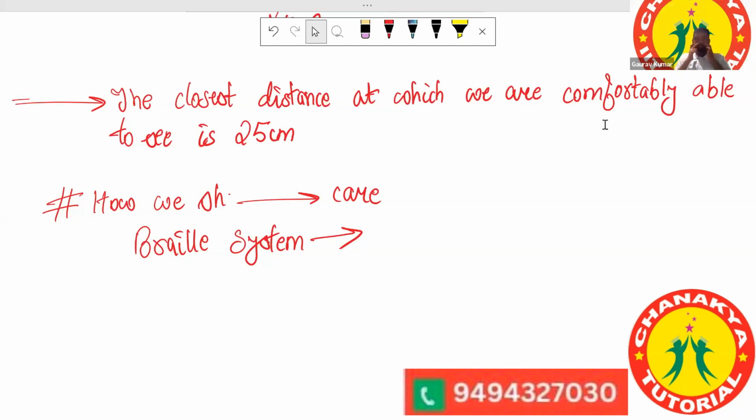Okay, so what are the harms done by an industry? If you establish an industry or a factory, what are the harms that these factories do to our environment? Tell me. Sir, too much pollution. Okay, it emits too much pollution. So you should write this down. You should first consider that if any fumes or smoke or carbon dioxide or any harmful gases are coming out of your factory, it is a kind of factory where you are using machines to recycle this waste. So you should consider that any harmful gases coming out of this should not reach the environment.